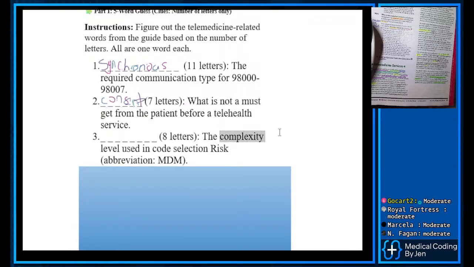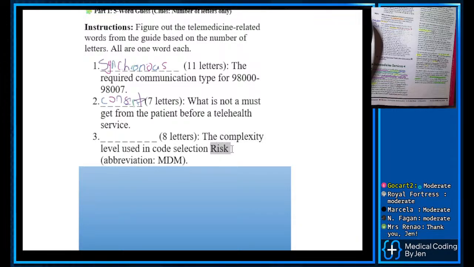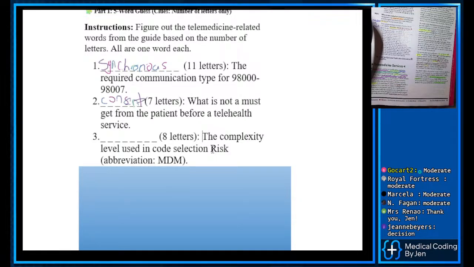We're not complexing moderate. So what is being complexed on this? When we're doing risk adjustment, it's not data, like under data it's lab results and things like that. When we're doing the problem list, it's their chief complaint, right? So under risk, what's being done by the doctor under risk? What is it? The doctor is making a